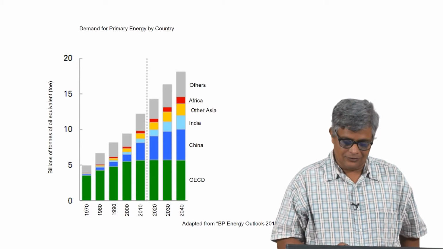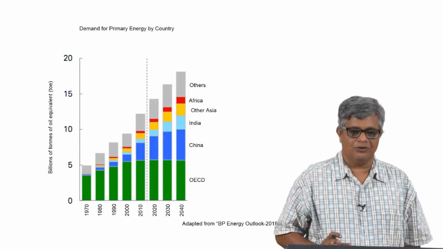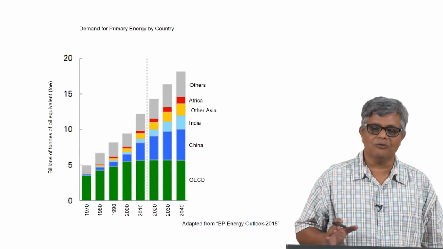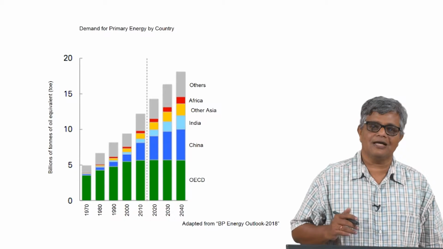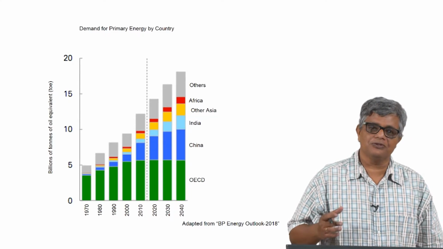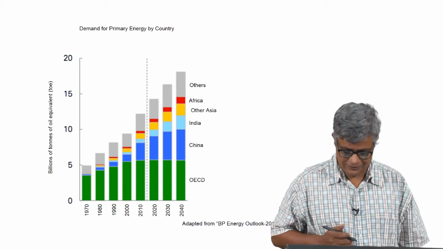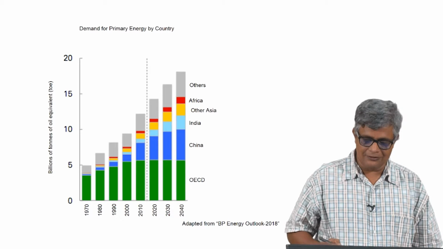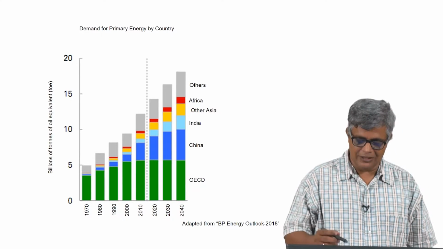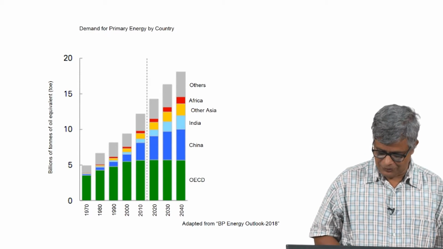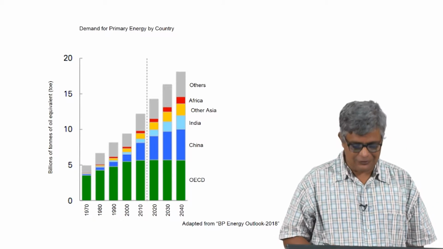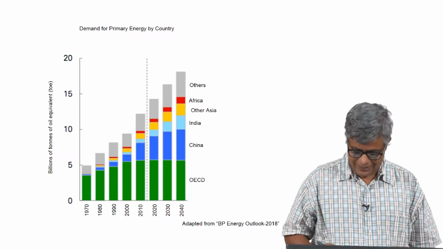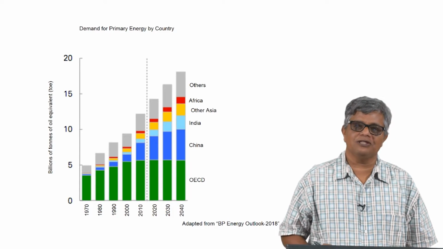Okay. So, and this is where the importance of what the energy is needed in the modern society, and then what has been the trend and what will be the future needs, all this comes here. And you can see here in this particular slide, we have demand for primary energy by country over the period between 1970 all the way to 2010, 2015, which is the current times, and projected demands up to 2040.